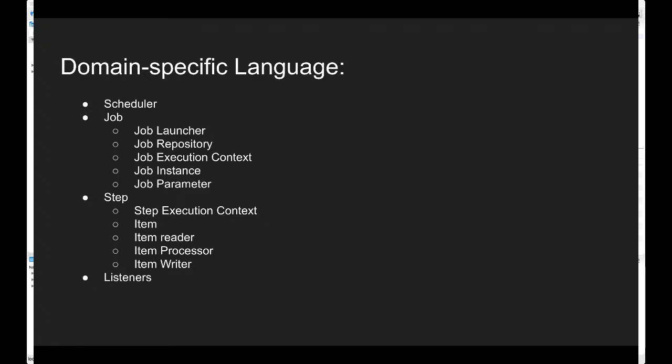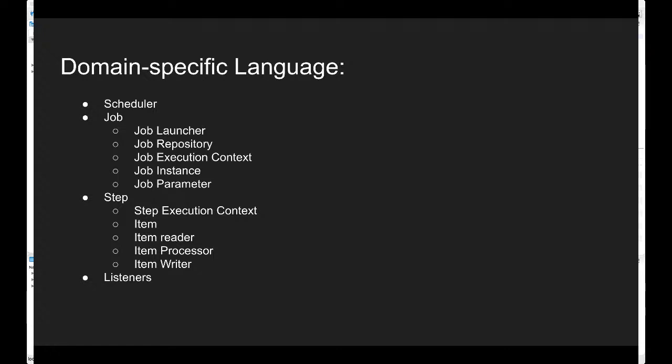There is another term which is not written here, that is basically job execution. What is the difference between job instance and job execution? Let's say that job is running at 10 p.m. That is our job instance. If it is interrupted, it would be restarted if our restartable property is true. That is another execution of that job. So that is what a job execution is, and that is what a job instance is.